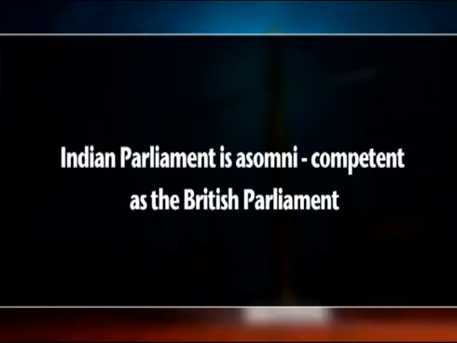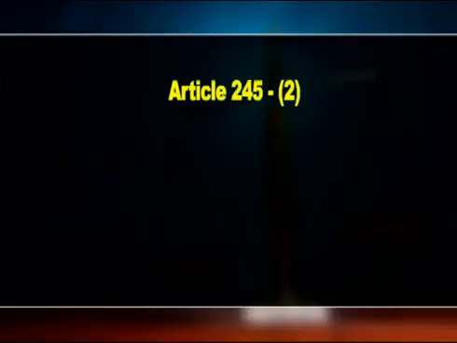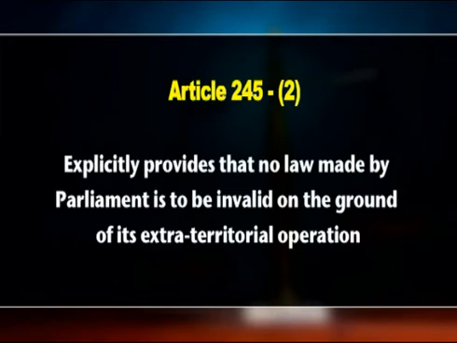It will thus be correct to say that within the permissible limits, the Indian Parliament is as omnicompetent as the British Parliament. If no fetter is to be found in the Constitution itself, the Parliament is competent to make a law even if it is contrary to the guarantees given or obligations undertaken by the government. Article 245 Clause 2 explicitly provides that no law made by Parliament is to be invalid on the ground that it has extraterritorial operation,